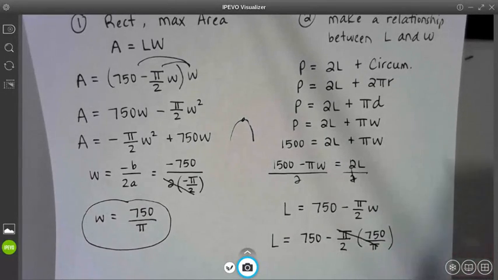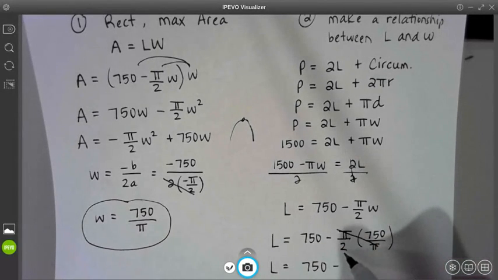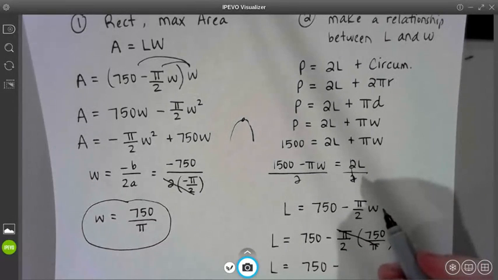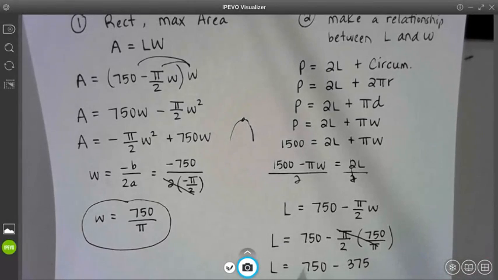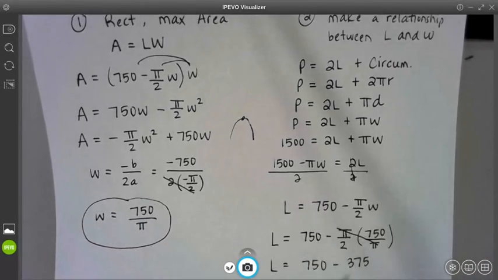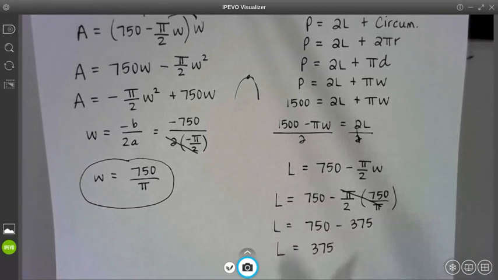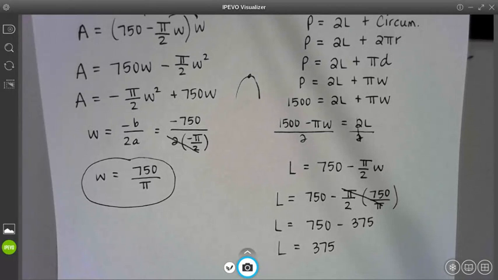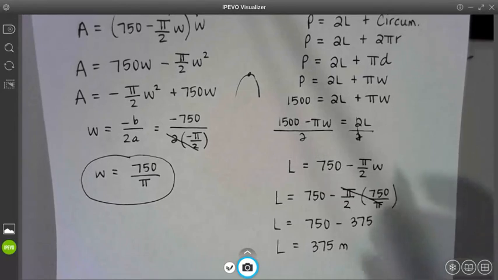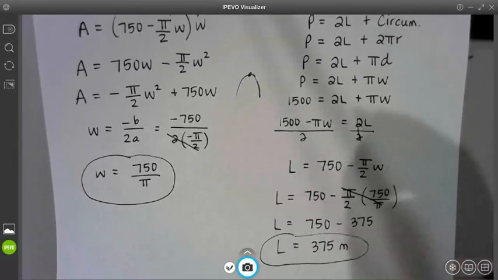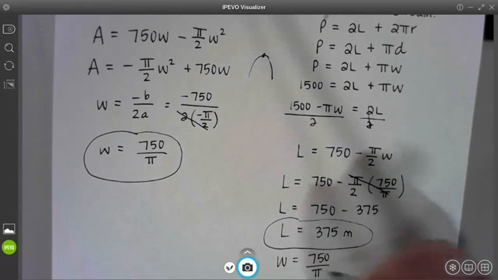All right, so the pi's end up canceling, and the length will be equal to 750 minus half of 750, which is 375. So then 750 minus 375 leaves the length of the rectangle to be 375. All right, perfect. And what are we working in? We're working in meters, it looks like. So now there's the length that maximizes the area, and the width was 750 divided by pi, technically